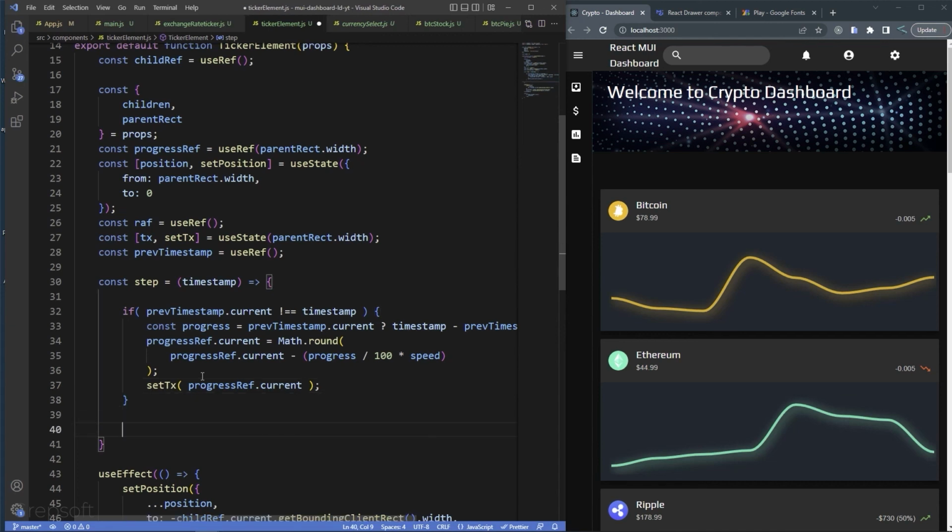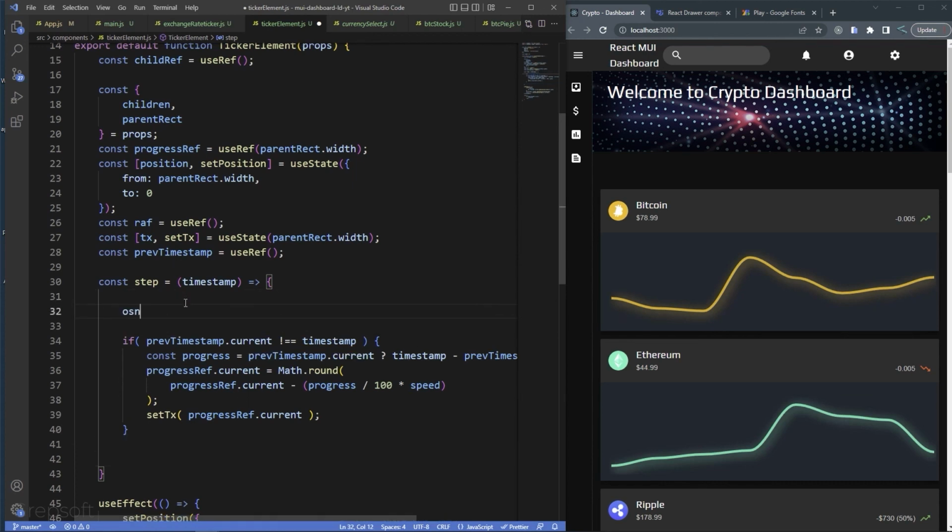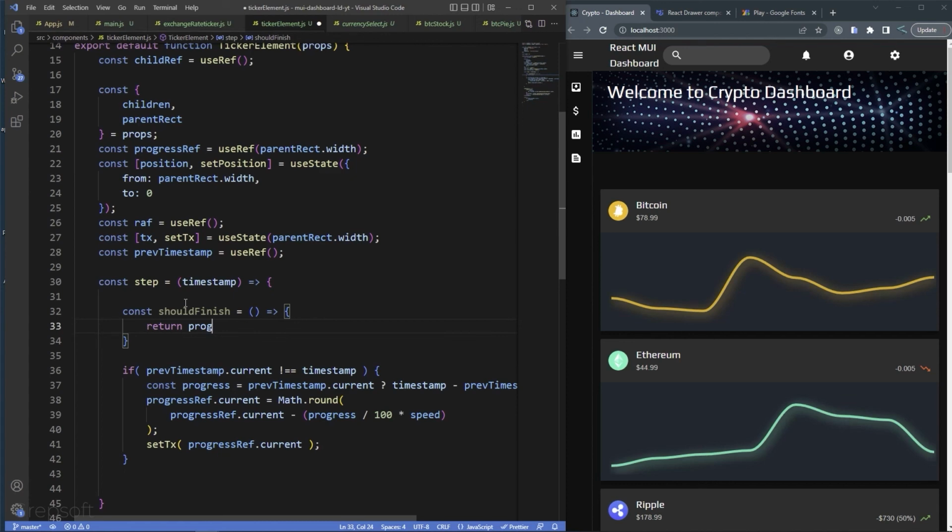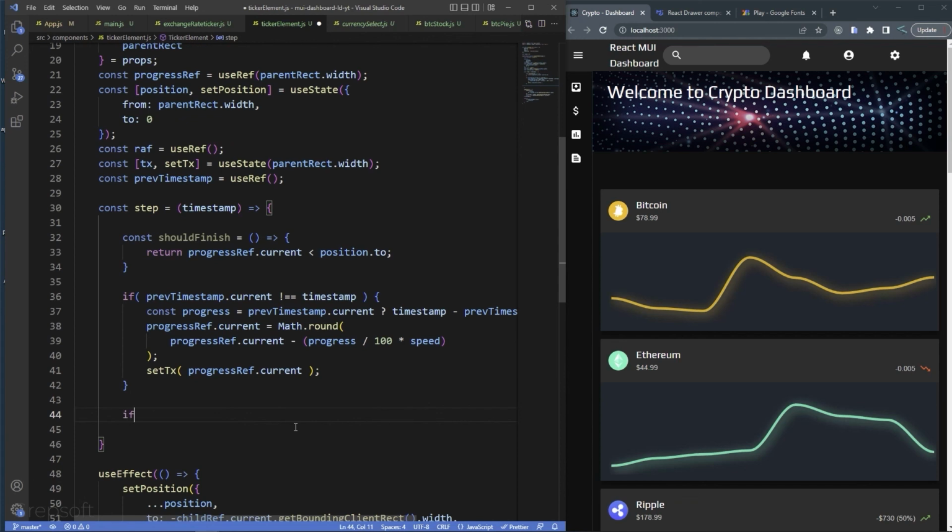And then of course we need to check if we should recycle this. So if you don't do that, it's going to just keep going forever. So what we can do is we can create a function here, and we can say const should finish or should recycle, whatever you want to call it. And I can say return progress ref dot current is less than position dot to. As long as it's less than the position dot to, then I guess you continue. Alright, well, not continue, sorry. Then you just go back to the start. So we say if should